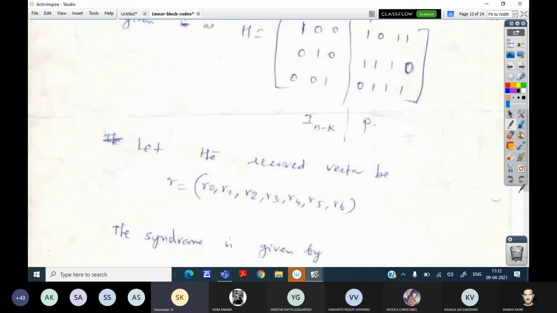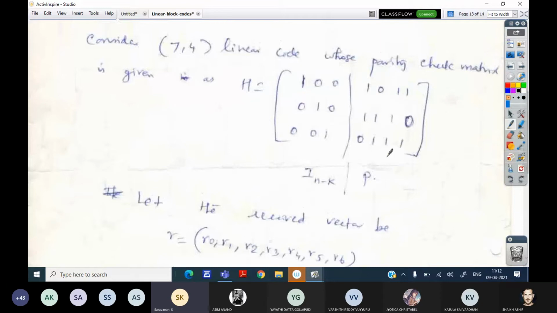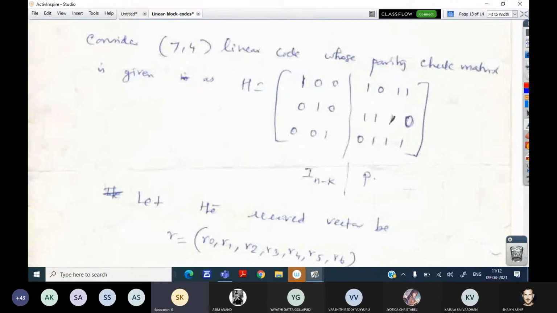For doing this design part, we again need the parity check matrix. This we already did in the last class itself. I am going to make use of the same problem. Our aim is to design a syndrome calculator circuit. I know you know how to get the parity check matrix. For the given problem, G is already known, right? We have already written the generator matrix. So once G is known, you can write the H value.